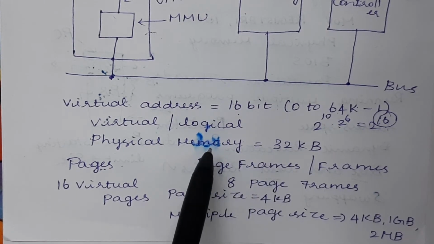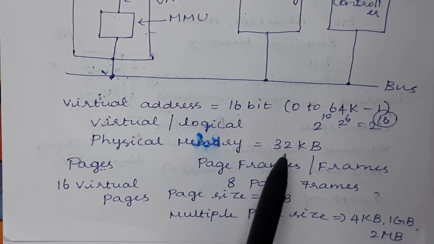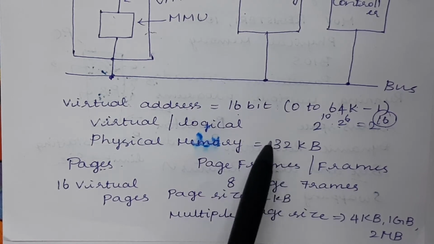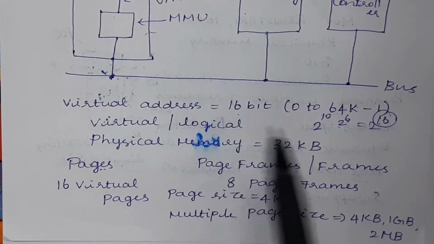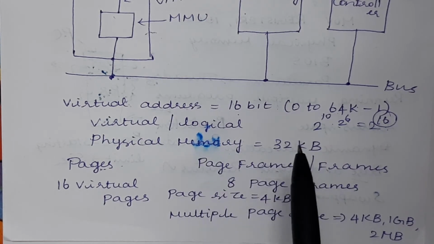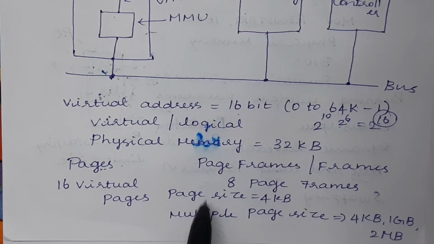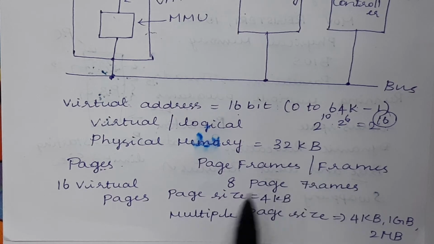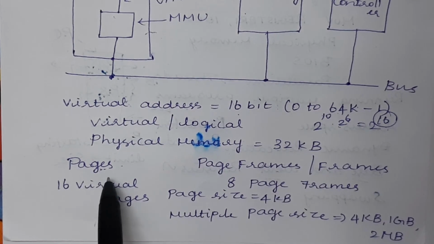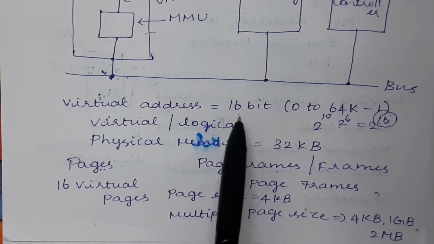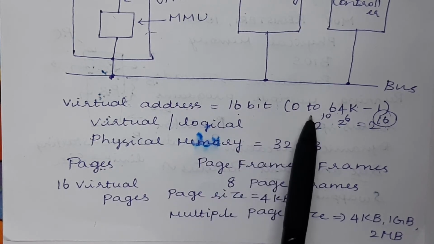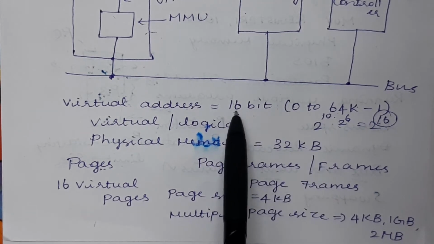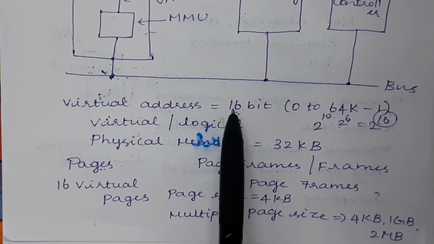The size of the main memory or physical memory is 32 KB. Even though it is smaller than the virtual memory size, we can work with it. We can store all the processes you give into the system in this physical memory with the help of the memory management unit concept. Let us see how we store all the programs. How many pages does it have? The virtual address space size is 64K, and we use 16 bits to generate its address.